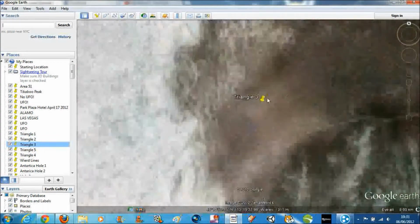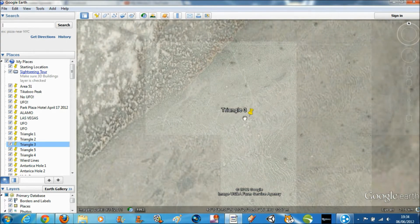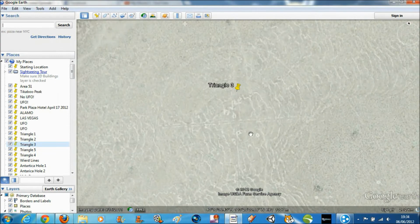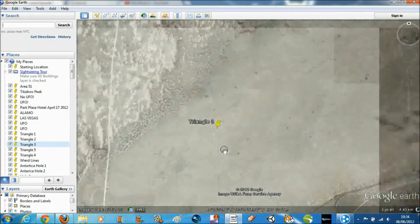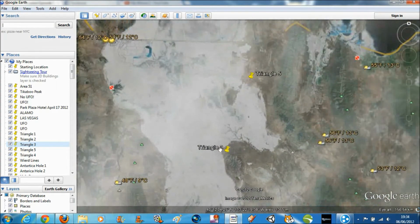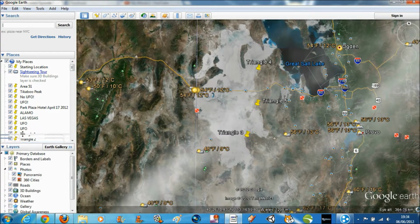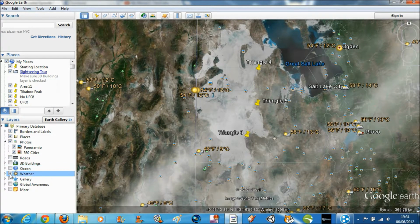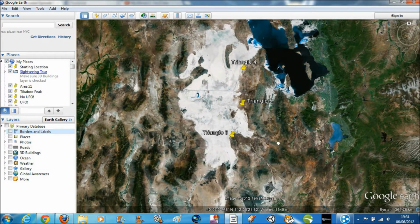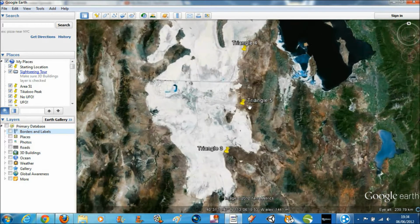And you can find all these yourself. You can just find them on YouTube if you want. I might give you the coordinates. This is a different triangle this time. It doesn't have concentric circles. It does, but not as much. It has like a target there. And if you notice, there's 2 triangles, and there's 3 triangles. Sorry for that pause, but as I was saying, there's 3 triangles here near this place